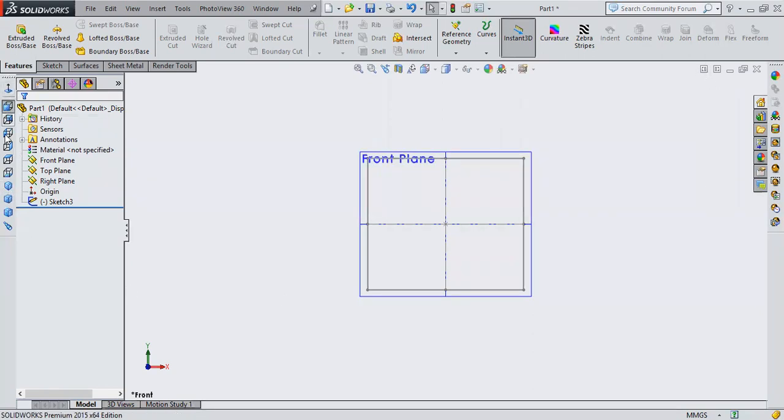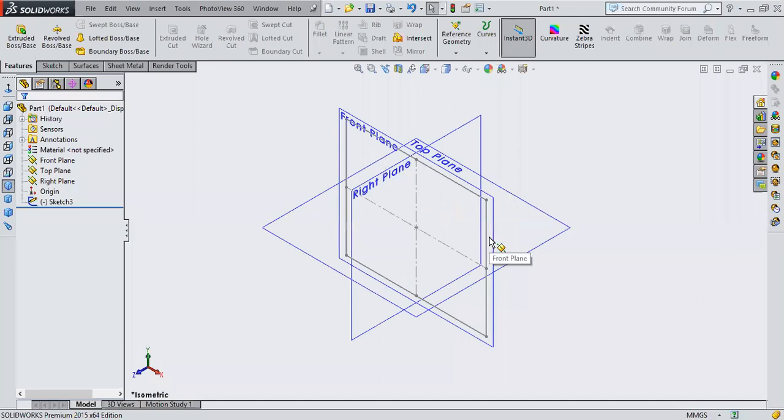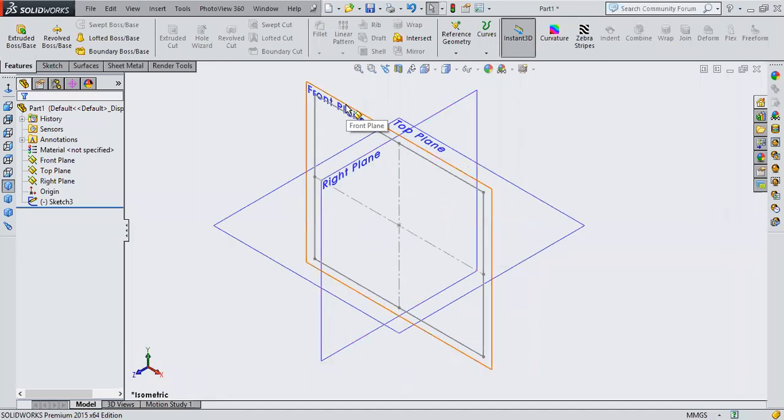Can you see this view part here at the extreme left of your screens? Yes, sir. So just click on this isometric. The shortcut for that is Control 7. So once you press Control 7, it will be isometric. I'll just click on isometric. Now, if you notice carefully, this is the front plane I have selected for the sketch, right? And this is the sketch I have drawn, right?